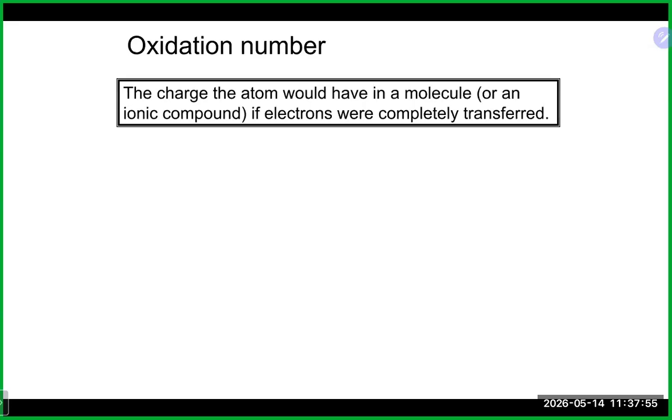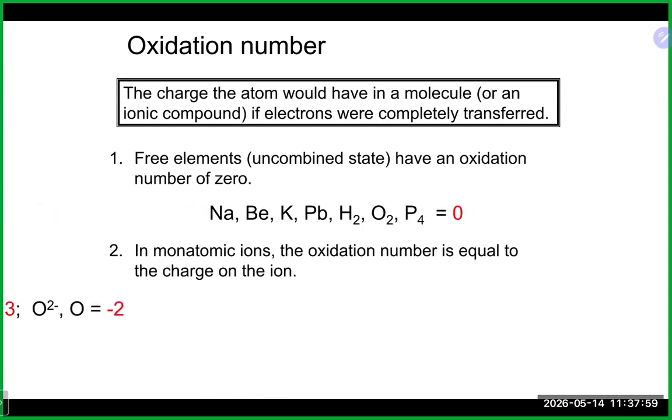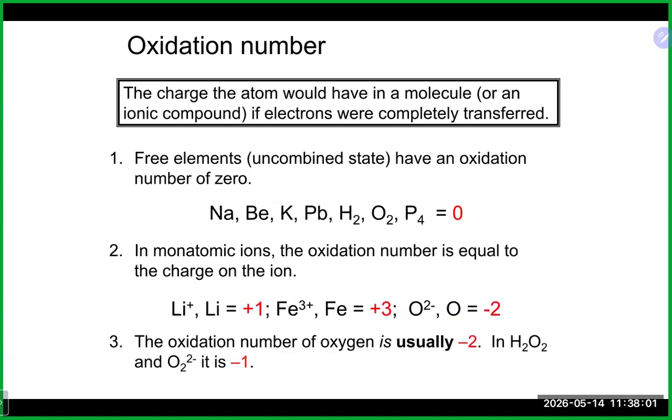All right, let's continue on with where I think we left off, which is how do we officially identify the oxidation number, or the oxidation state as it is sometimes referred to. There are several rules that we typically follow. The oxidation number or state is really the charge the atom would have in a molecule if the electrons